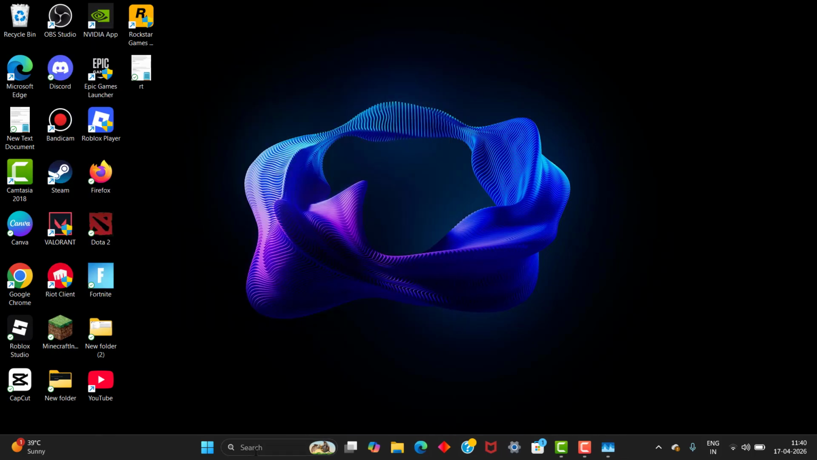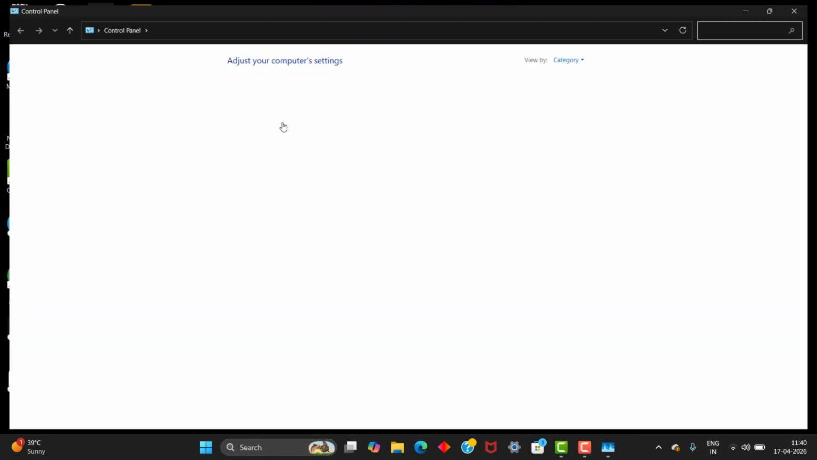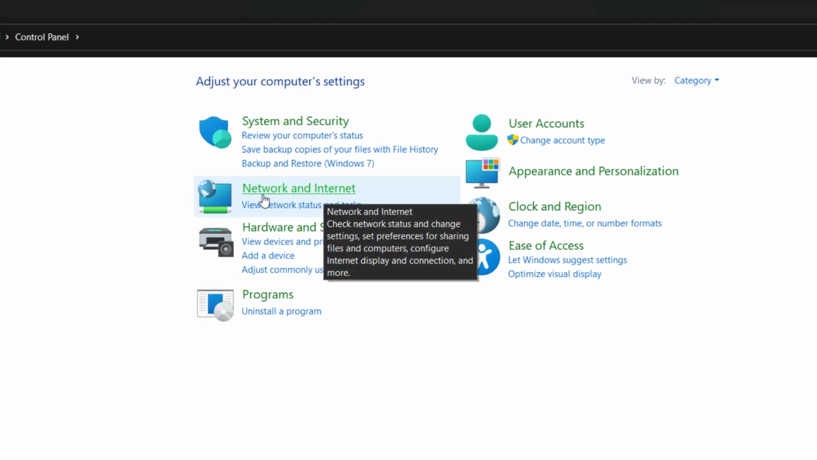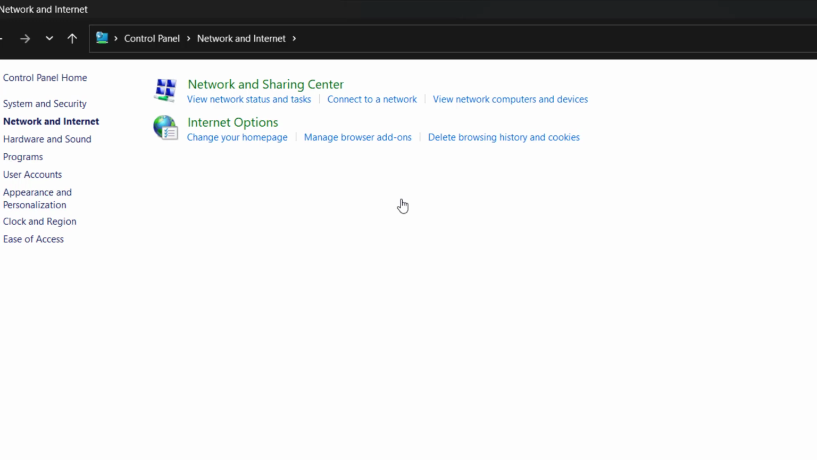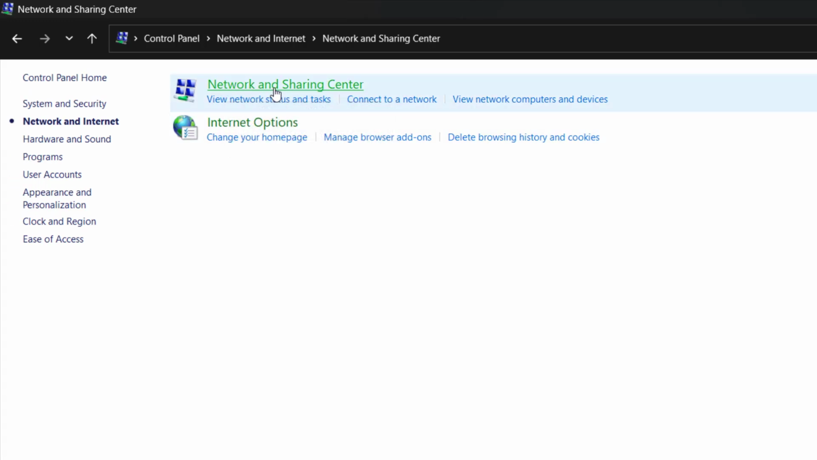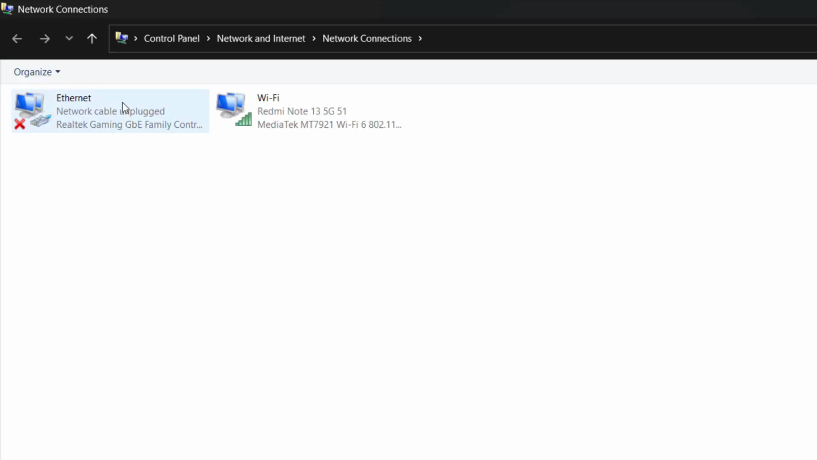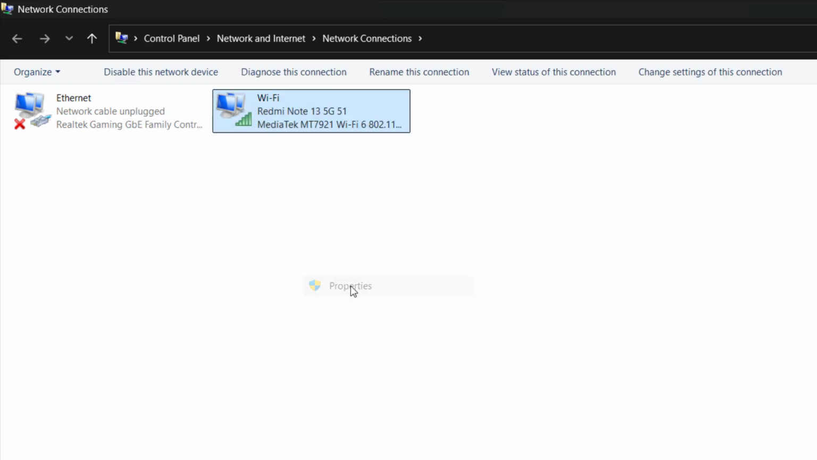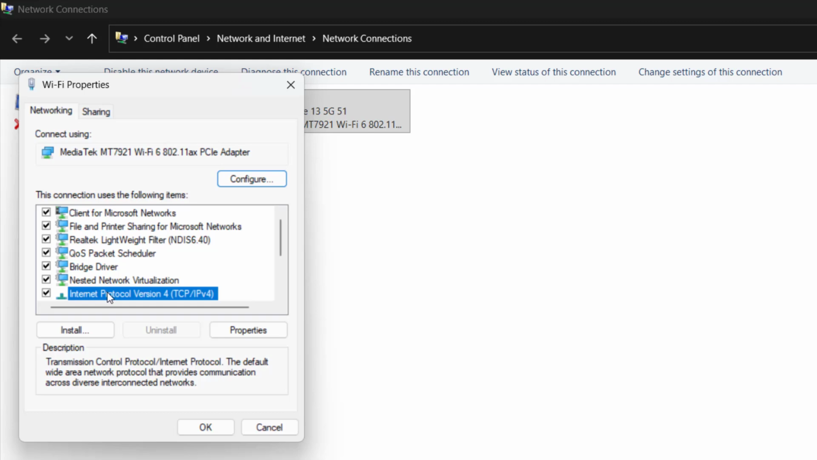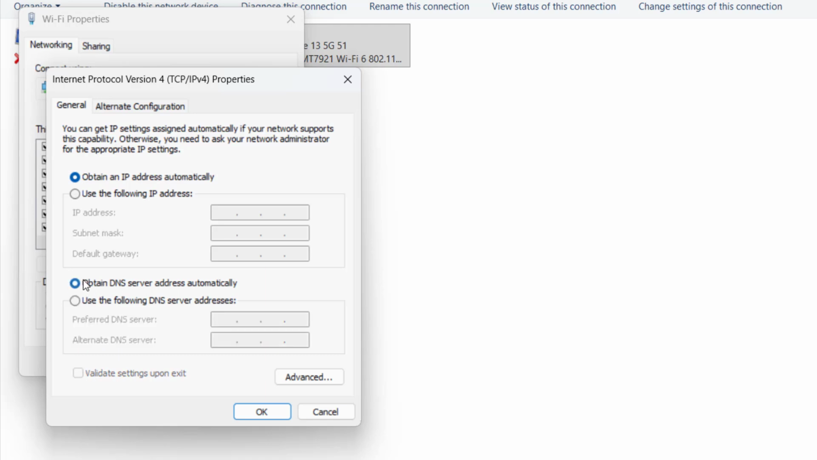So go back, and here you can see the search for Control Panel, and go to Control Panel, and here you can see Network and Internet settings is there. Click Network and Internet settings, and click Network and Sharing Center. Yes, and go to Change adapter settings. Here Ethernet and Wi-Fi is there. If you're using Ethernet, you can use Ethernet. If you're using Wi-Fi, you can go with Wi-Fi and go to IPv4 and go to Properties, and go with